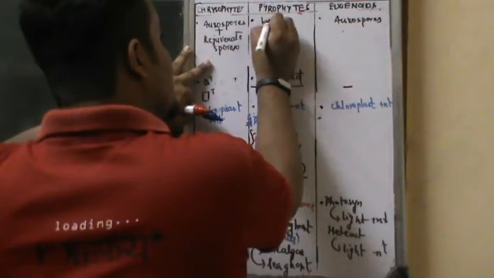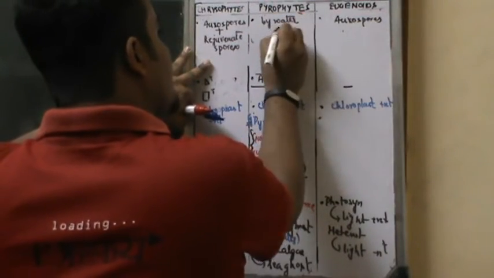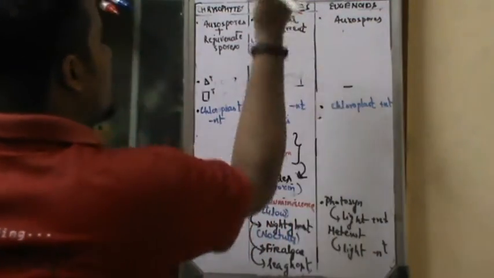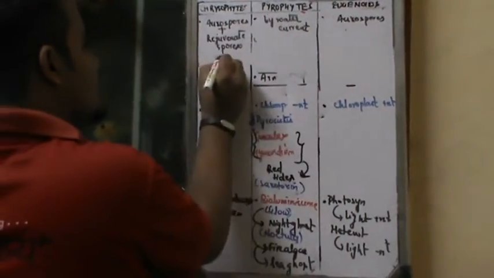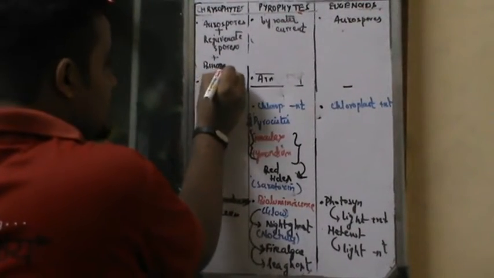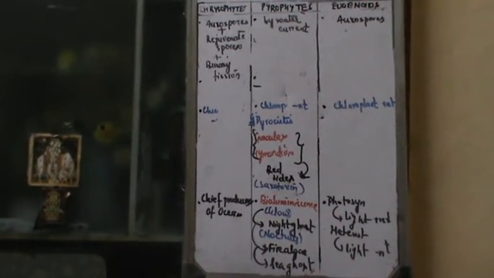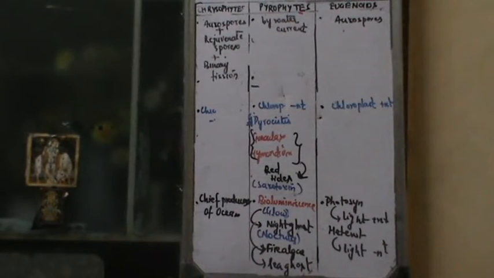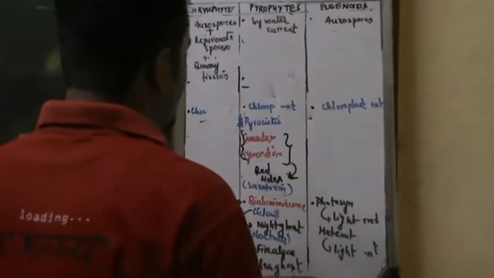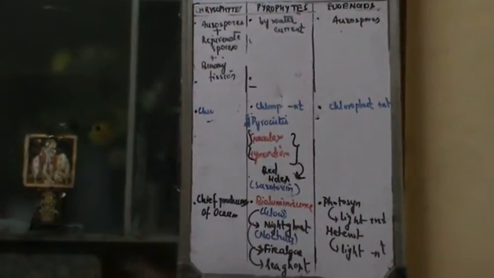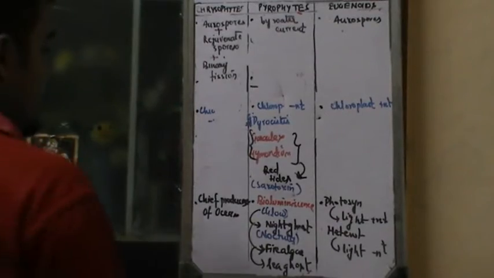This is something which is by water current. Along with this, it can also undergo binary fission. That word is going to be very important. So these are the chrysophytes, bryophytes or euglenoids that you have to remember beta. It's going to be very important. The zoospores are something which is going to be your aplanospores. So that's one thing. So I've discussed all the protistans, I guess, right?